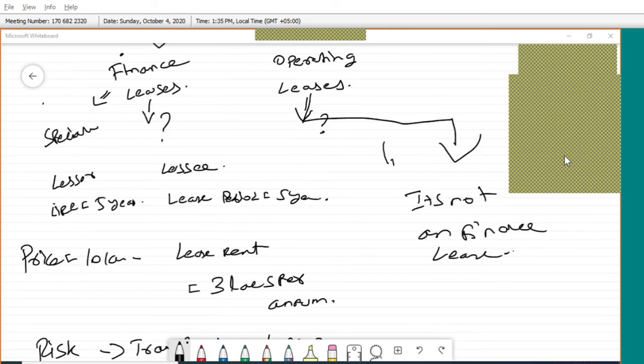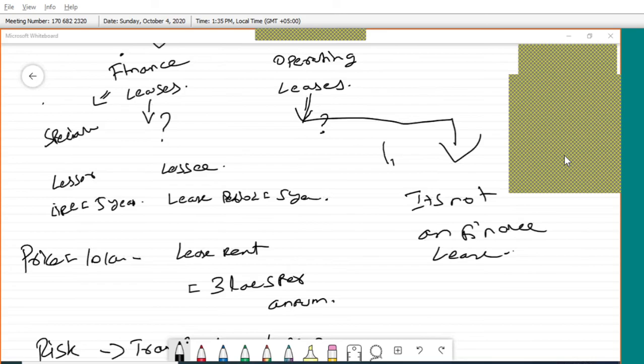Okay? And what is the next one? The asset given on lease to the lessee is specialized in nature and can only be used by the lessee without major modification. Sometimes there are some assets which cannot be used by general people. In general business it cannot be used. Only for a specific business it can be used. Others cannot use it. In such a case, there is no other choice. That person only can use it, which means that is also a finance lease, because no other person can use that asset. I have to definitely give the lease to this person only, because this is a unique type of machinery. For other businesses it cannot be used. So this is what a finance lease is.